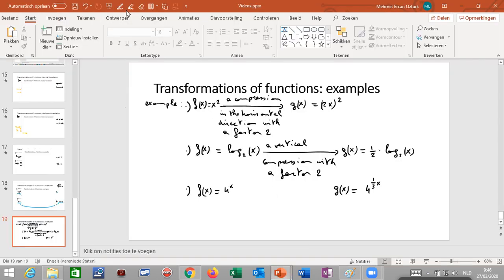So if we go back, we can write down that f of x, so 4 to the power of x, is stretched out horizontally with a factor 3. So a horizontal extension or stretch with a factor